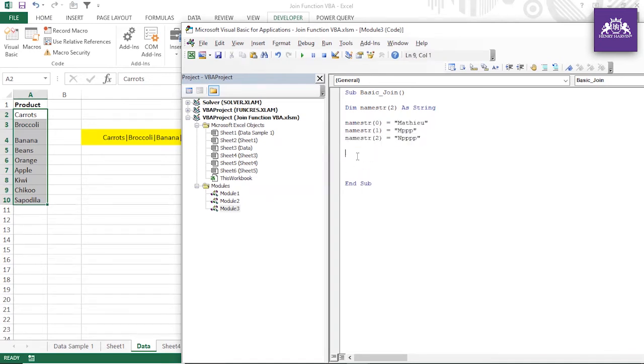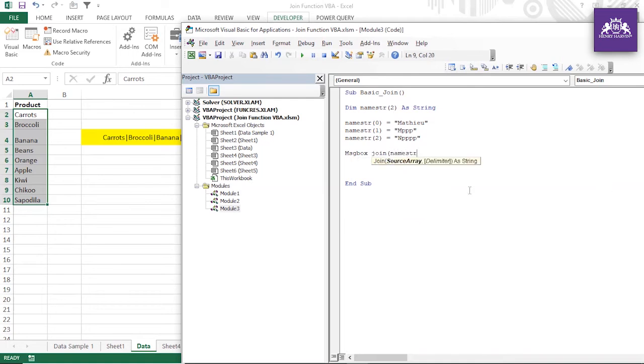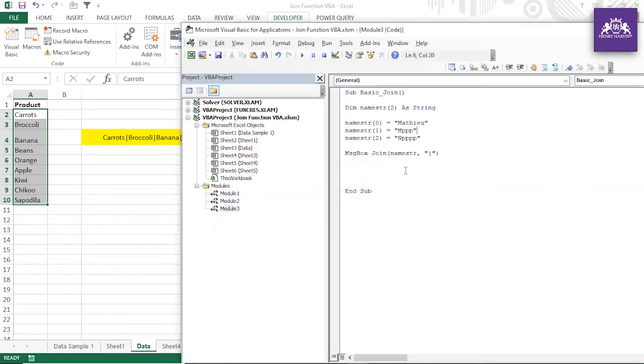So now we have to concatenate all these things. You can use MsgBox, and you can use Join, and you can press Ctrl+Space and pick the array name, if you don't want to copy paste or something, just like that. And the delimiter, I want the pipe symbol. Guys, you can see this is the result. We have concatenated all, separated by the pipe symbol. So now you know what we have done, because this array we have defined and that array we have passed over there. All right, so it actually works only on a one dimensional array. It doesn't work on 2D or 3D arrays. It always works on a 1D array. All right, guys, so this is all about